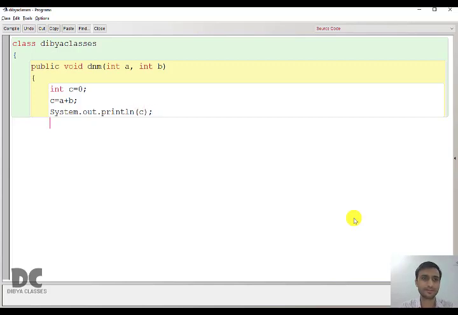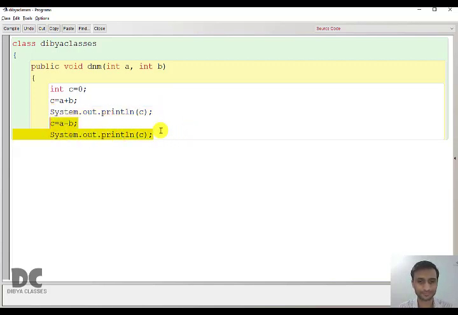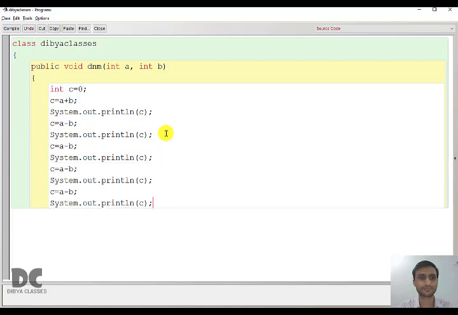Right? Very easy question. You already did all these questions in class 9. Then subtraction. So I'll make it a little bit faster. I'll just copy paste it. So addition, subtraction, multiplication, division and modulo division. Fine.